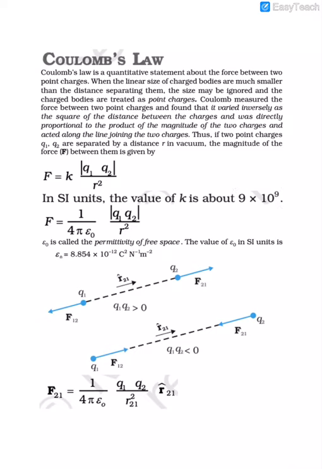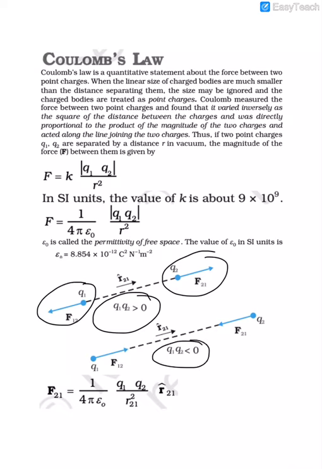Okay, now you understand that Coulomb's law deals with a force, and you know that every force is a vector quantity. So there are two possibilities. If Q1 and Q2 are similar charges, then the force will be repulsive. You can see that I have shown the force arrows to be pointing away from the two charges. On the other hand, if they are opposite charges, in that case the force will be attractive.